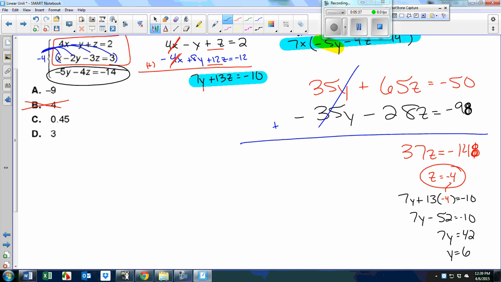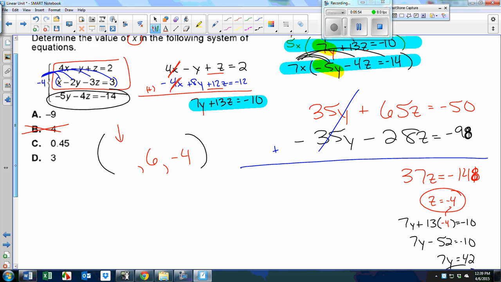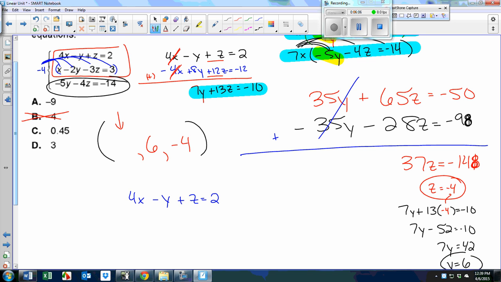But again, okay, that's not a distractor this time, but it's not what we have. Right now we have our z number, we have our y number, but we don't have our x. Just as a reminder, that's an ordered triple we're creating here. We've got our negative 4, we've got our 6, and the last one we need is the one that the question's asking us for, the x value. So we can go back to the very beginning. Any equation that we're given, I like the 4x minus y plus z equals 2 equation. And we can now put our y value, 6, and our z value, negative 4, in to that equation